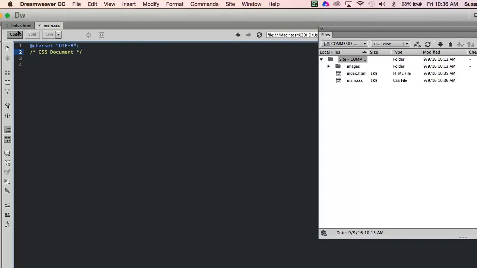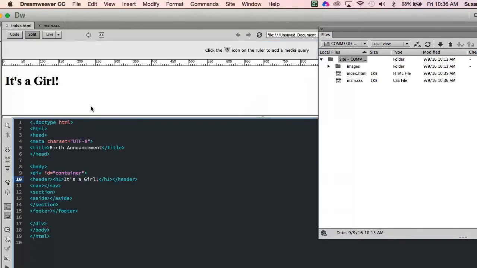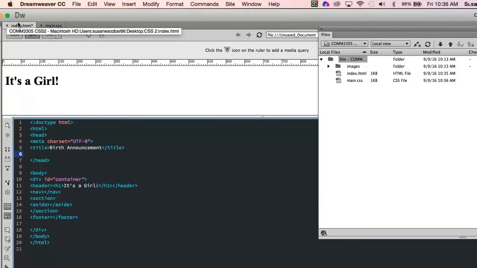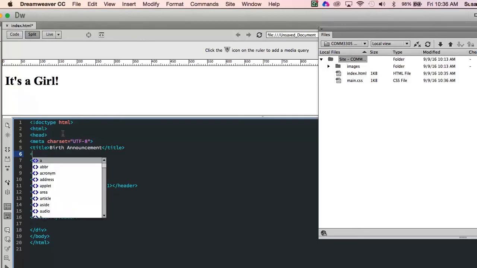Okay, so now in here I have to make sure that this CSS is linked to this page so that whenever we put information on this, it will show up on the page. So I'm going to go in here. And also a thing to watch is, watch up here. Right now I can close that main and you can't see any reference to it here. But when I go in and I link,